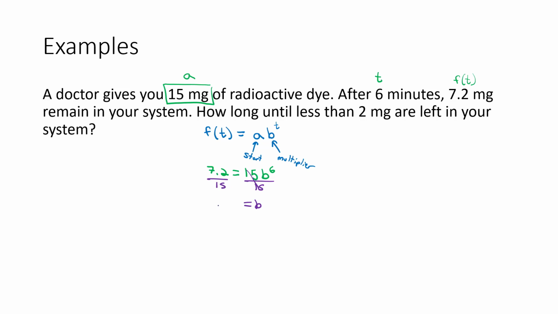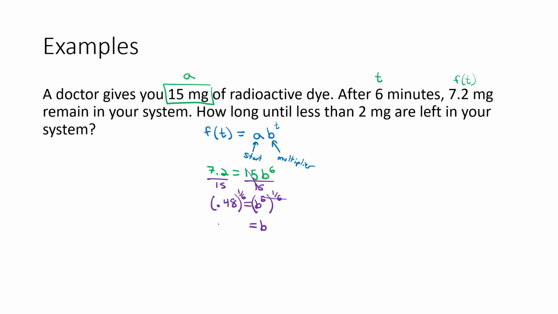That's actually not too bad yet. That's 0.48 equals b to the 6th. And then we have to get rid of that 6th power. One way to get rid of a 6th power is to raise it to what we call the reciprocal exponent. If I raise it to the 1/6 power, and we have to do the same thing on both sides, you'll notice 6 times 1/6 is just 1, and that goes away. So all I have to do is take that 0.48 on my calculator and raise it to the 1/6 power, 1 over 6, and I find out that b is equal to,